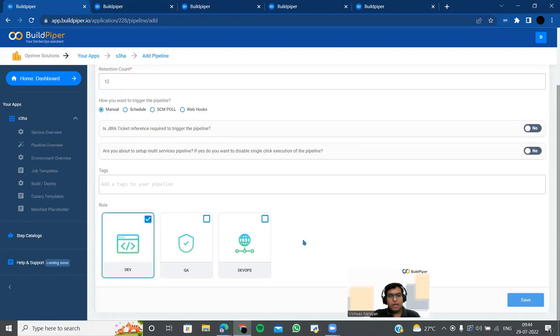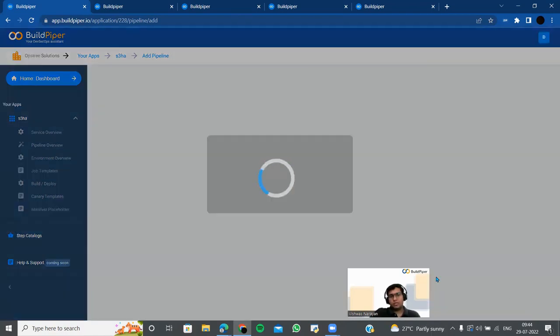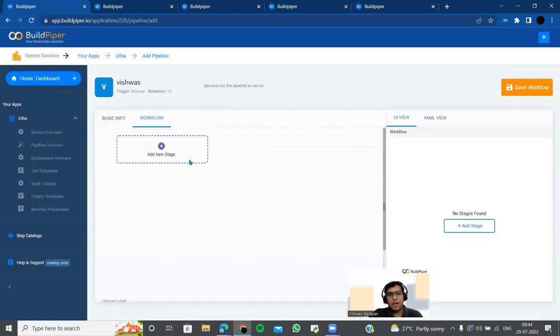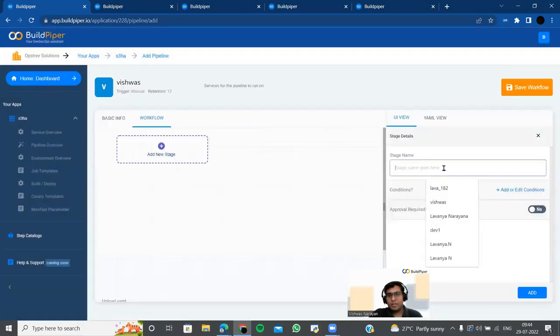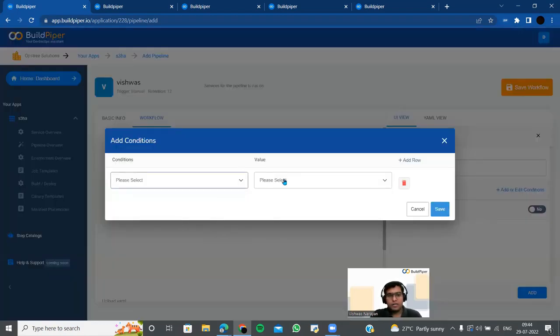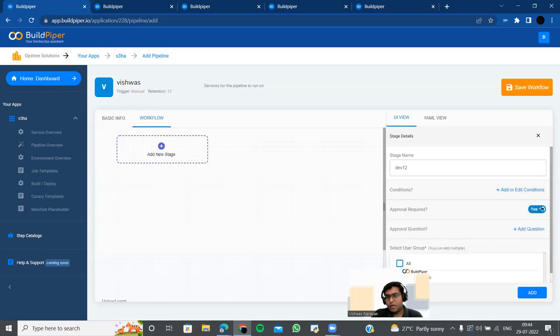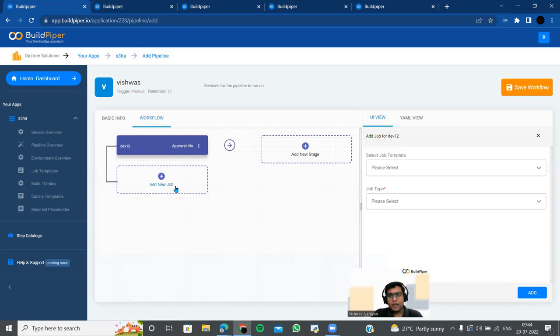And let's say I want a role which is given access only to the dev people and the DevOps people in my organization. I just go ahead and configure it. And you can have a new stage. That means you can name the stage dev 1, 2, and you can just put the conditions, put the values here, because these are, say, approval not required. Yes. And you can add a new job,